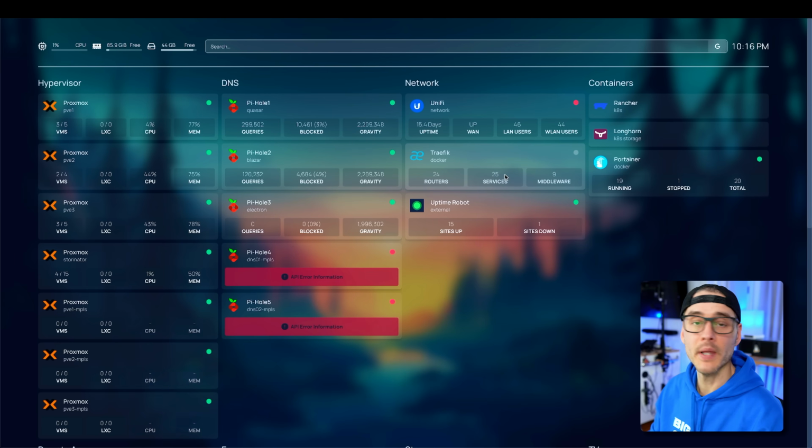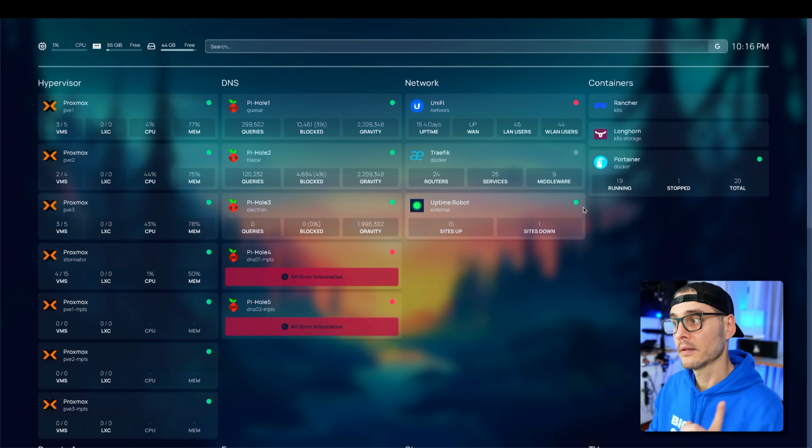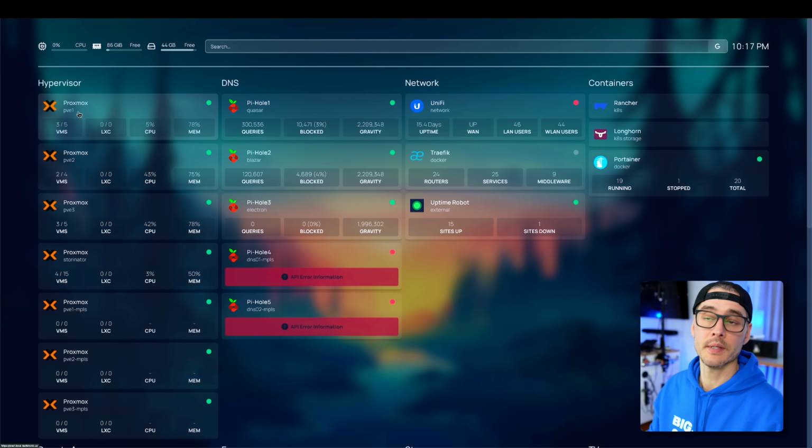One, it has a ton of flexibility, so you can customize this the way that you want. It supports a lot of services. As you can see, a lot of them are connected here. That's another point, is that you can get data back from those services and present it here in a little card. And it still does the simplest thing, which is a link on this page to get to some of your services. But one of the reasons why I like this the most is because it's all configuration based.